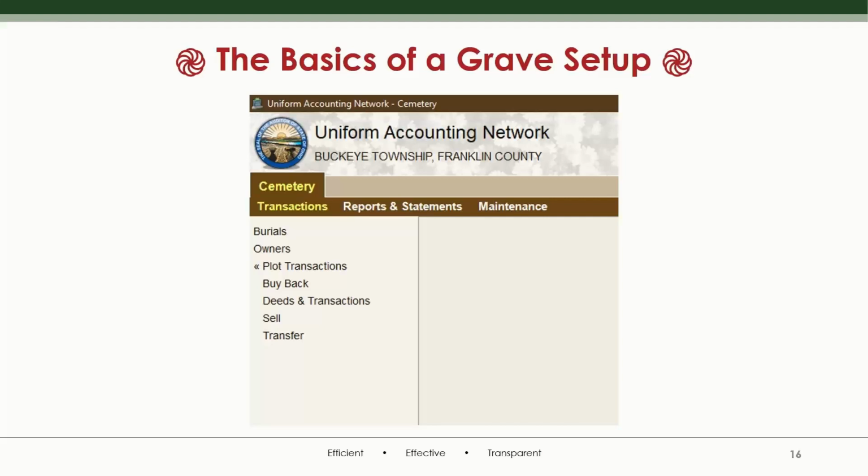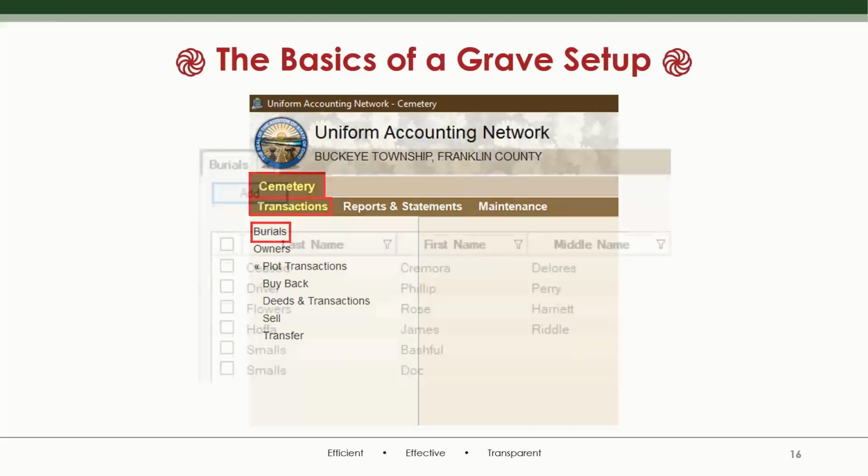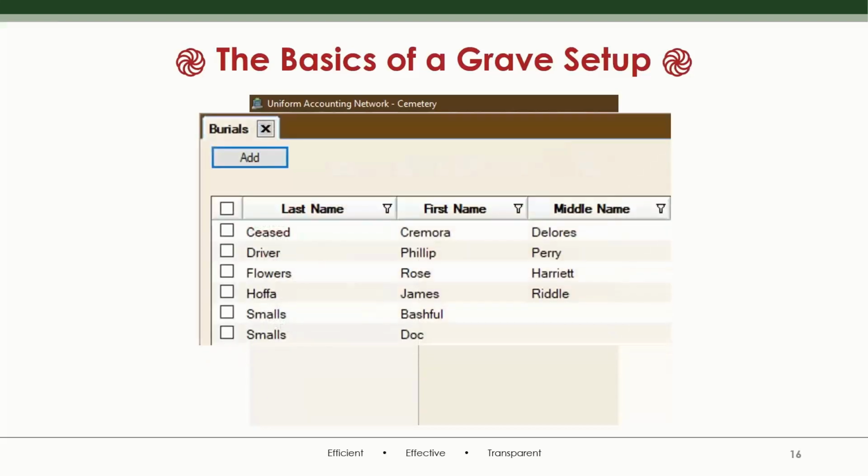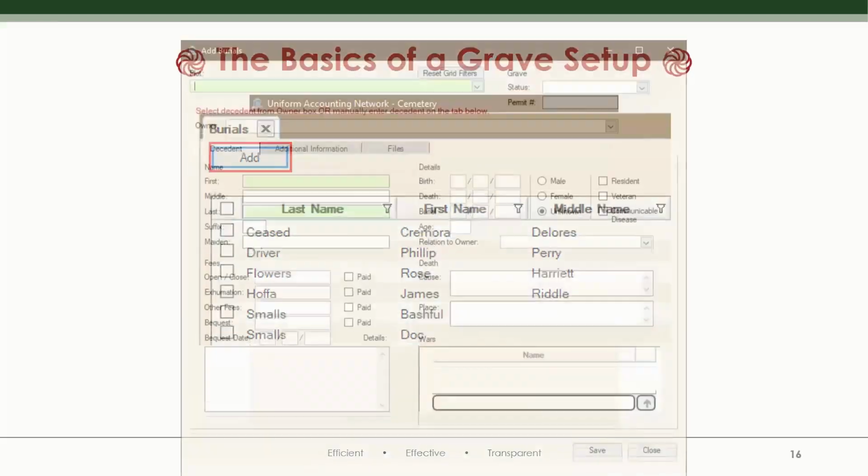All right, so we've got one more step here. This is going to be recording the burial. So we need to go to Cemetery Transactions, Burials, and then we're going to click Add. And this